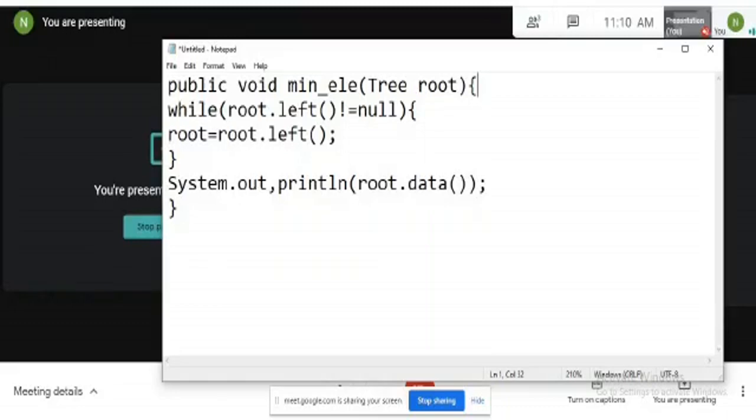According to the question, we need to find the minimum element, so we traverse to the left side until it becomes null, and then print the data at the last node in the left direction. That's it.